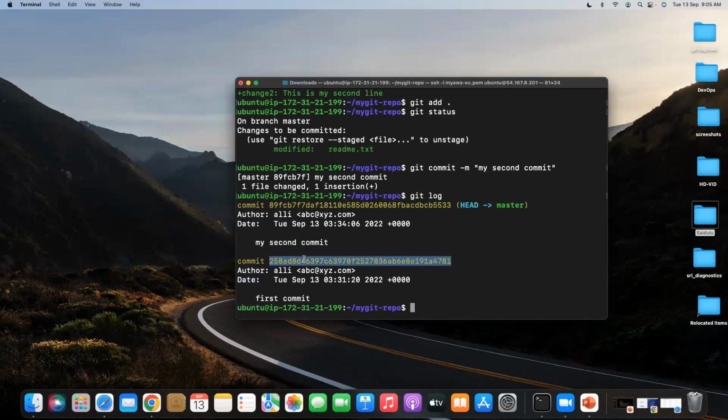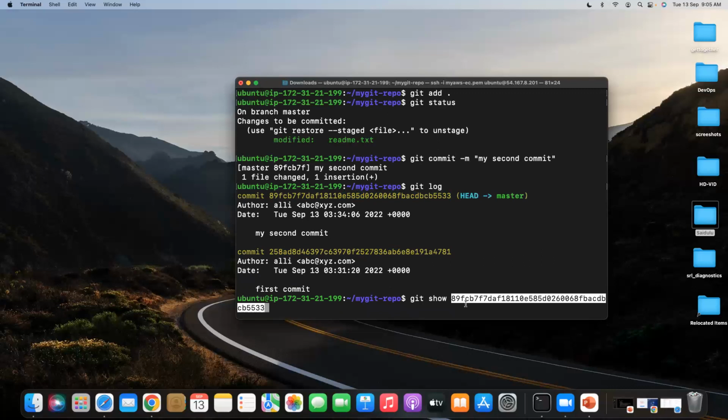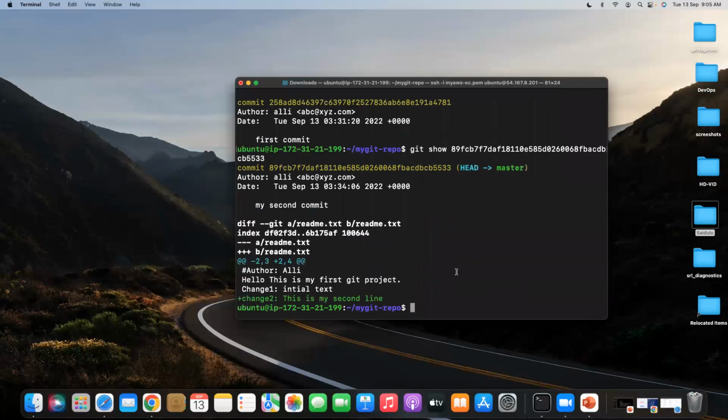This is how you can see: git show and the commit ID. Okay. Now it will show you. So this is the line that has been modified. And in git log, where is the head pointing? It is pointing to the